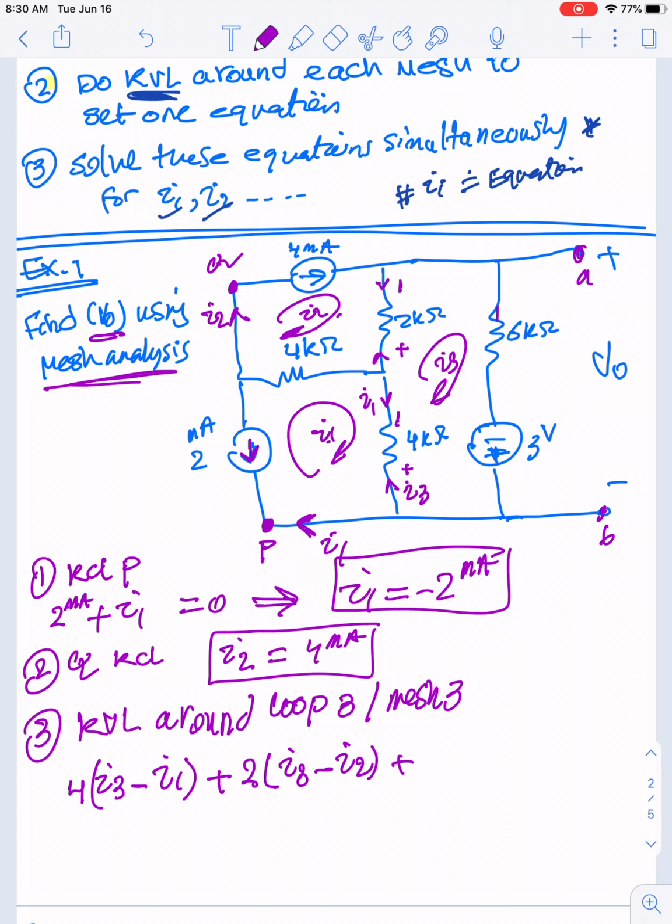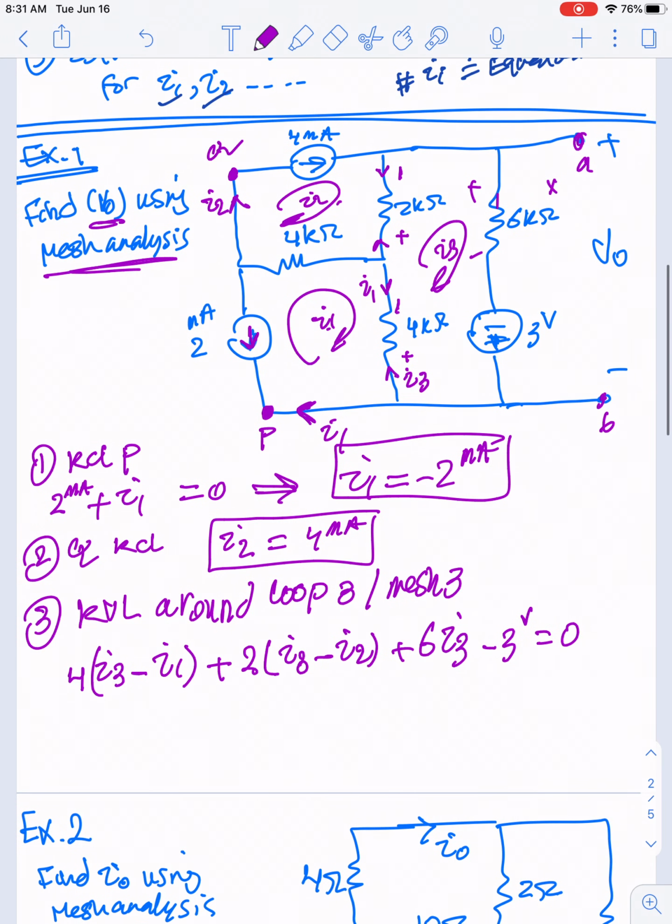So here in this part we have this branch. There is no current from another loop, so it means the current in this branch is only I3. So we'll have plus 6 I3, and we end up with the current going in from a negative terminal, so it means minus 3 volt is equal to 0. So we have an equation,